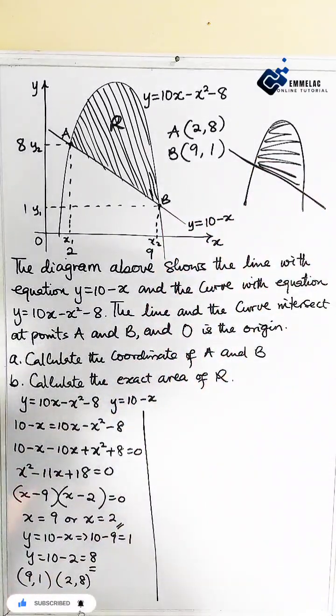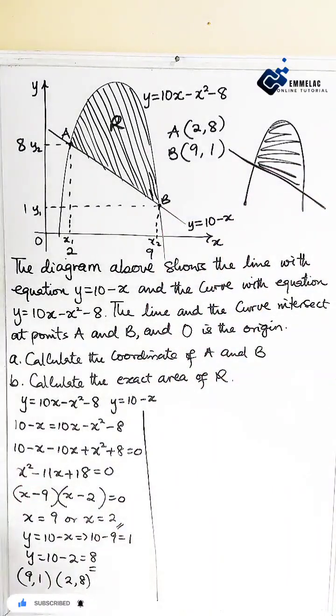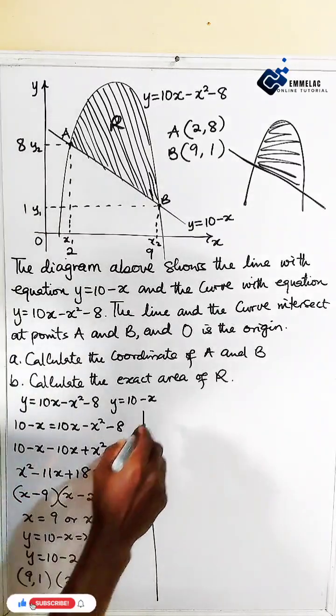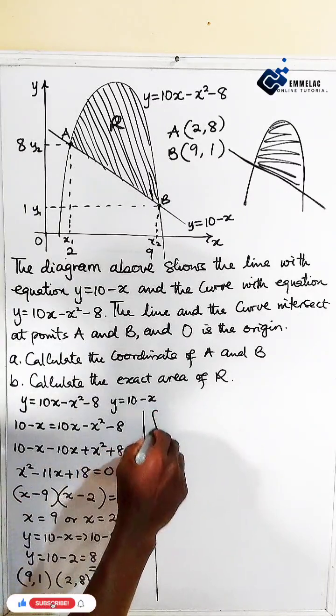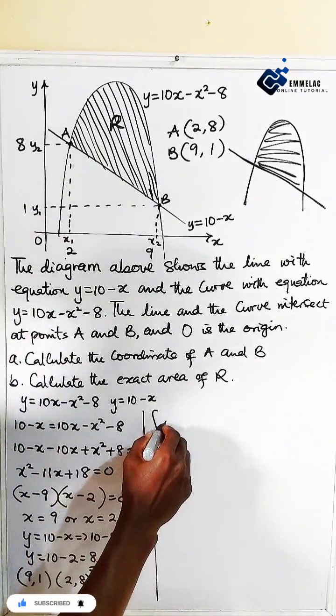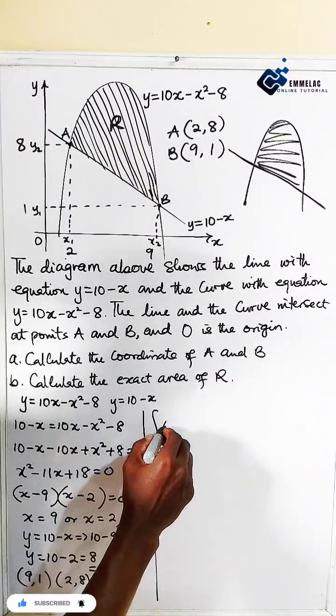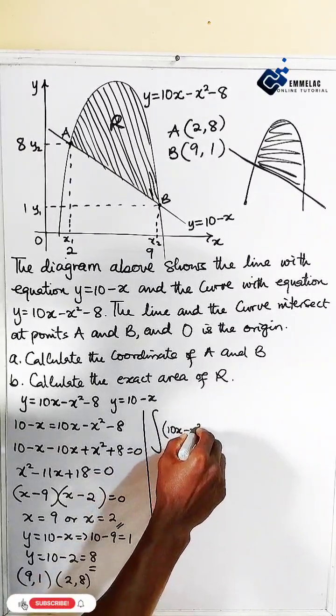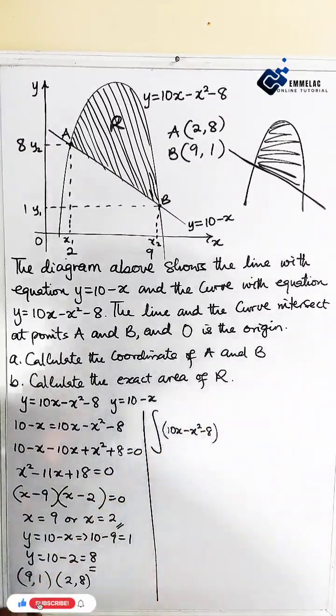Okay, all right, so then how do we achieve this? Now we apply the integration. Taking the integral now of the curve, which is 10x minus x raised to the power of 2 minus 8. Now take note, it has